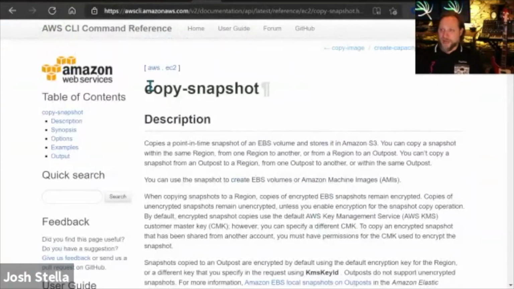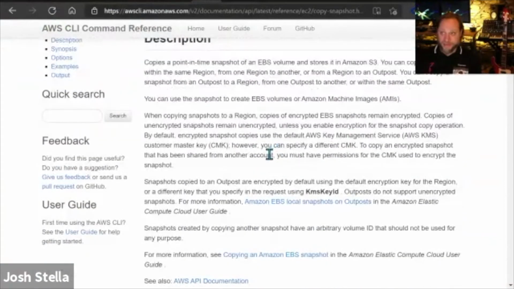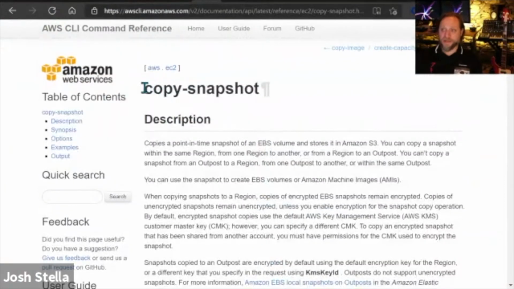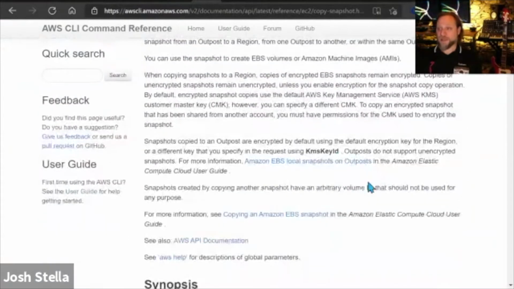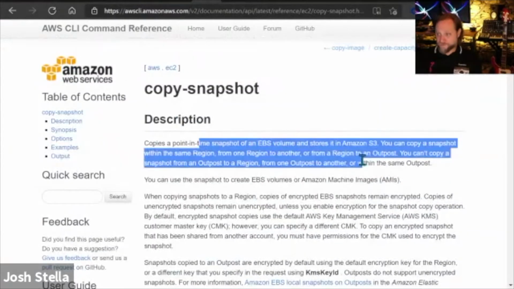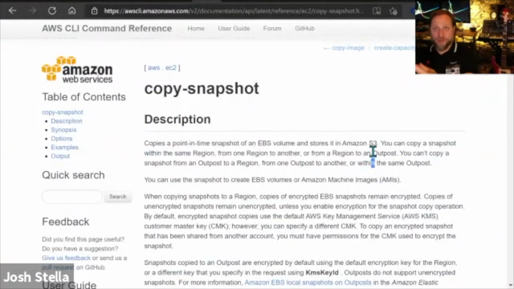AWS CLI reference, copy snapshot. Once that thing's sitting there, I need IAM permissions for executing copy snapshot. That's a very common permission because it's very commonly used in the development process or DevOps in legitimate ways. But what this allows me to do is take that whole image and move it to another region. And ultimately, I can get it out of that account as well.